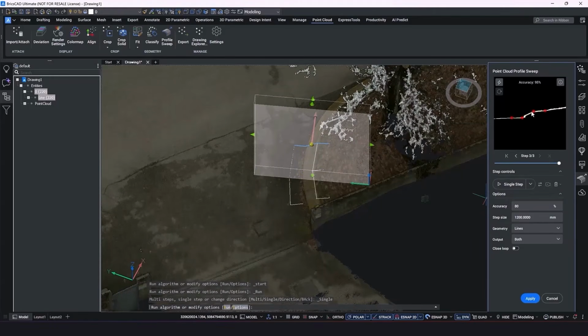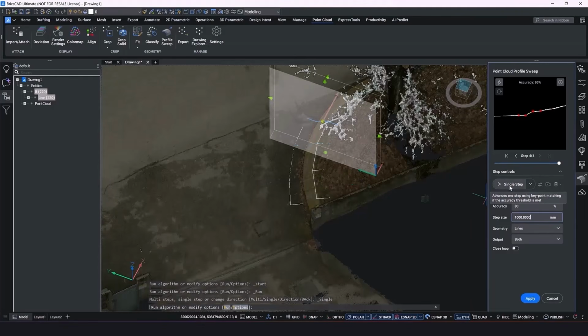So here we're up to 95. I think what we're going to do is change the step size again. So let's change it from 1,200 to 1,000 and go through a couple of steps.